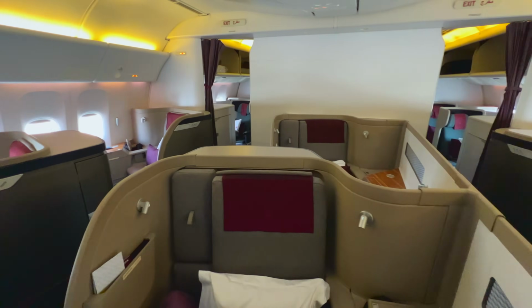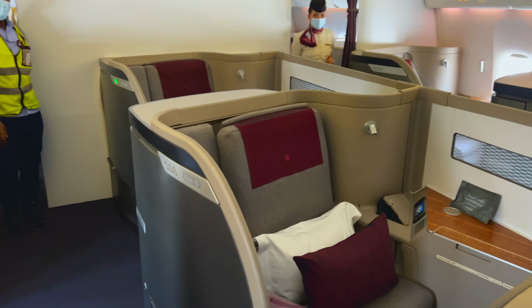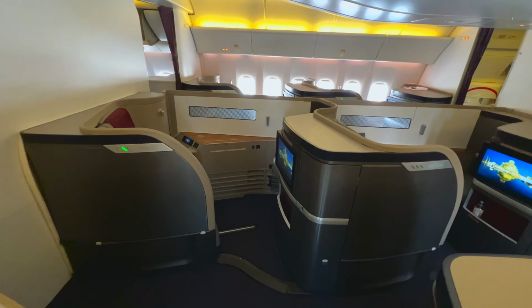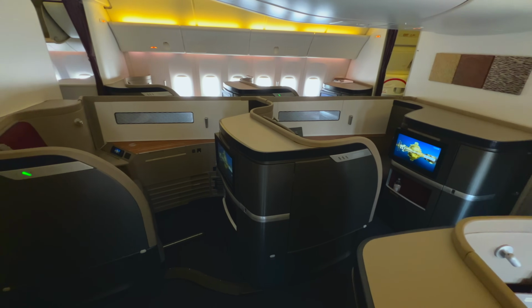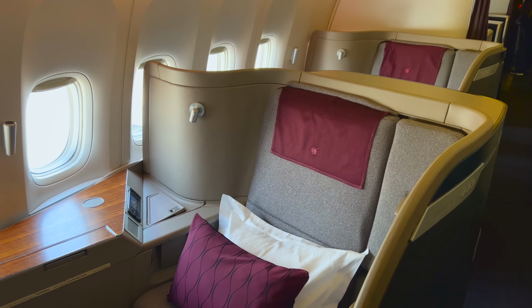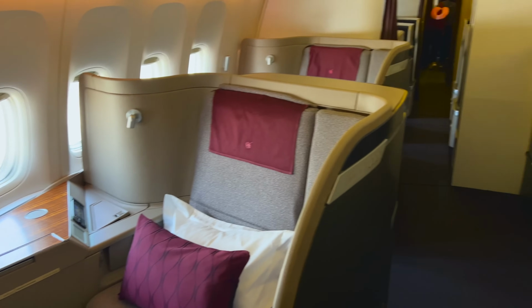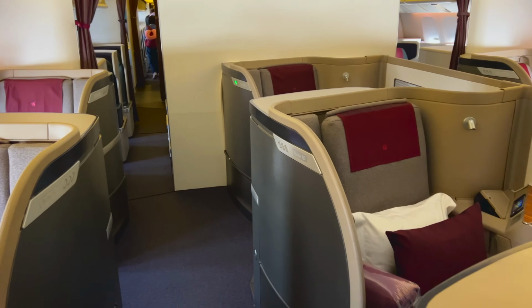My friends, a very warm welcome on board Qatar Airways 777-300ER first class. Although the cabin doesn't feel super new or fresh or anything, it is so spacious and impressive. Having just 3 seats across on an airplane that has 10 seats across in economy is epic. And as you can see, the window seats are identical to the middle, so it's pretty clear the window seats